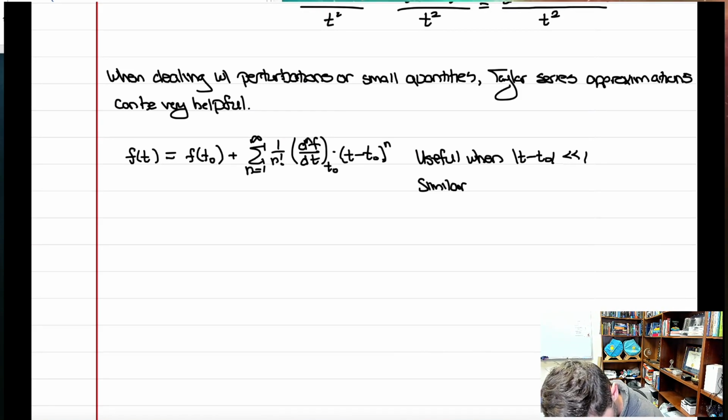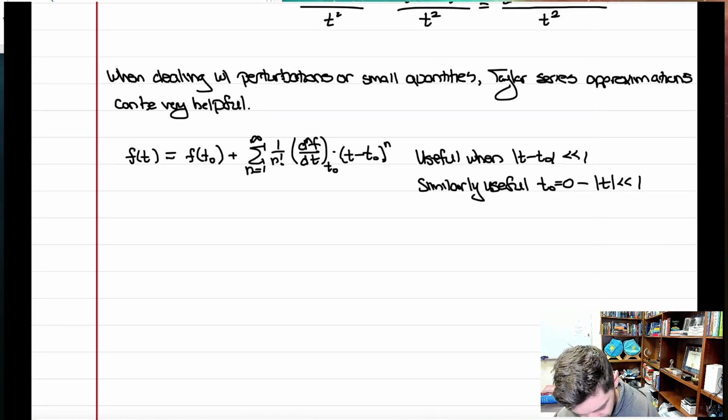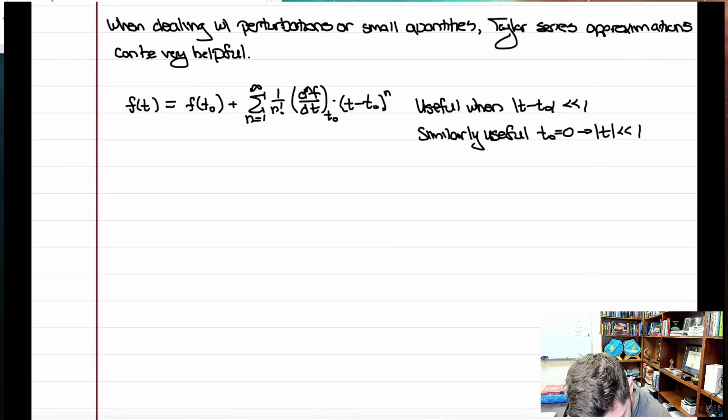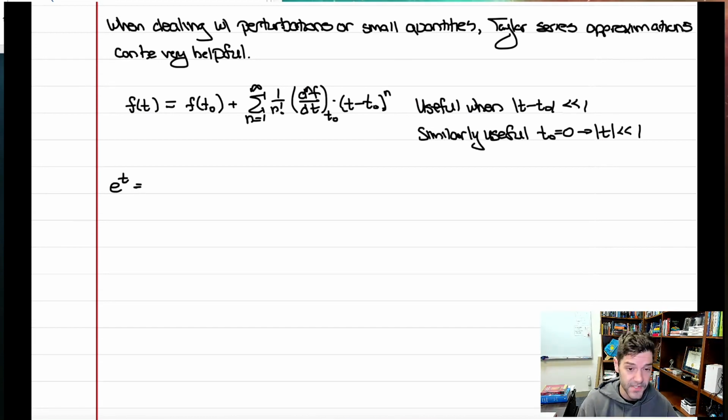And this is similarly useful when t naught is 0. In that case, you're just saying that t is very, very small. All right, so you're looking at some quantity that itself is exceptionally tiny. So then, for example, e to the t, if I write that as a Taylor series about t equals 0,